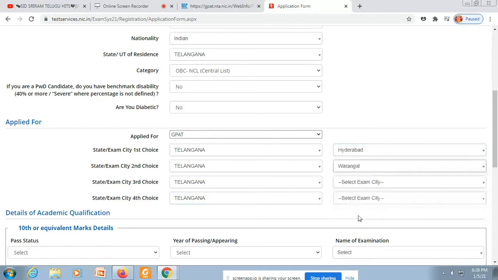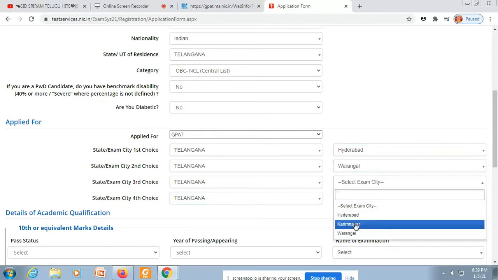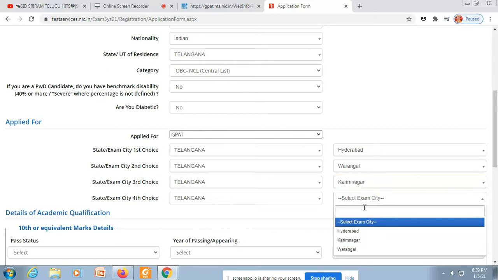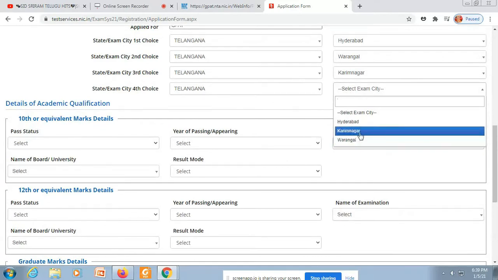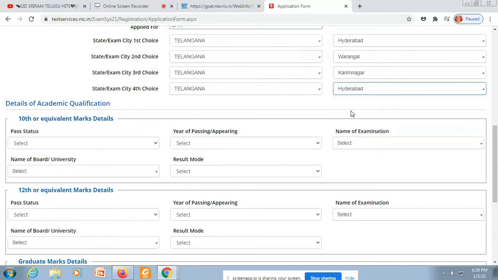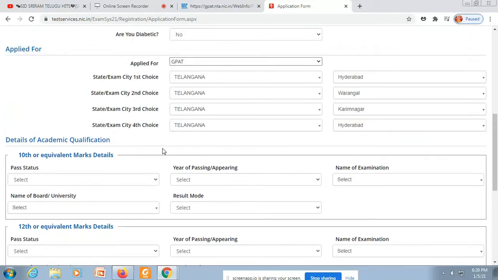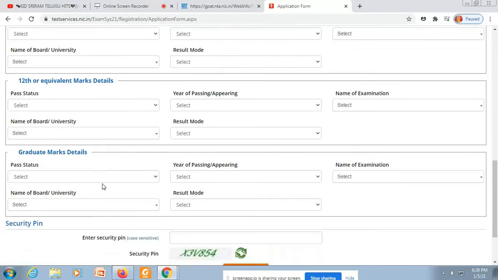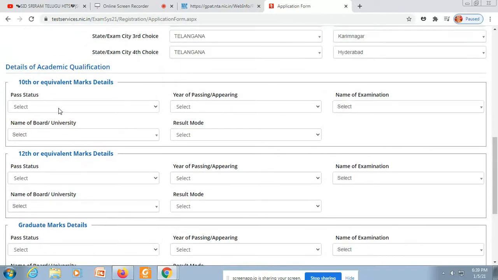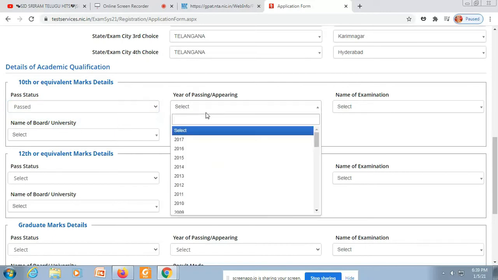Now you have to choose your examination choice. Locations, it must be locations. Please select your nearest locations. That will be easy to travel, and you don't really have to travel a long distance. So I made a mistake, don't do that, don't repeat a name again. Please make sure of 4 different locations. I did make a mistake over there, I'll change it again.